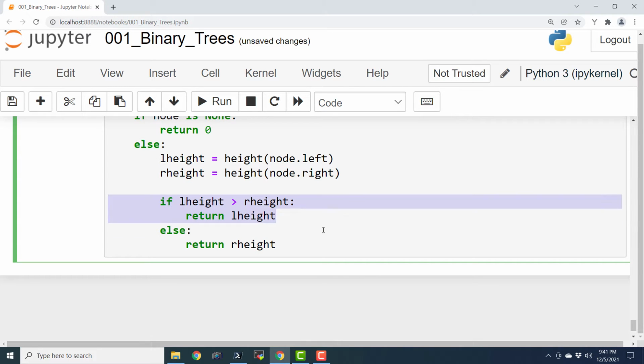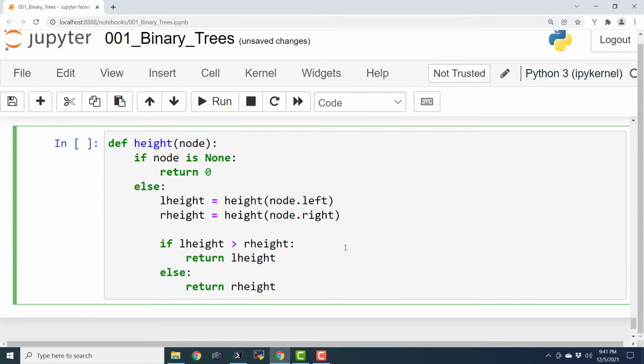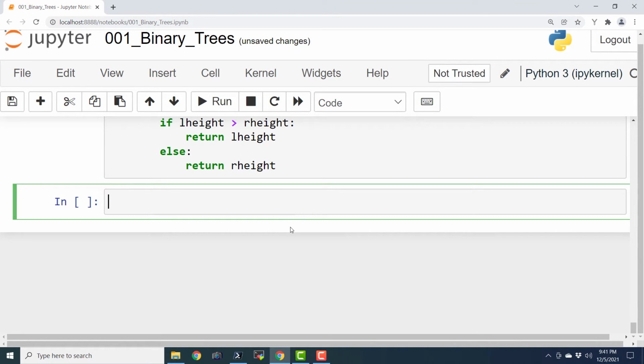Whichever is the greater, that height we are returning. So this is a very simple helper function that returns us the height for a particular node. So let's execute it.